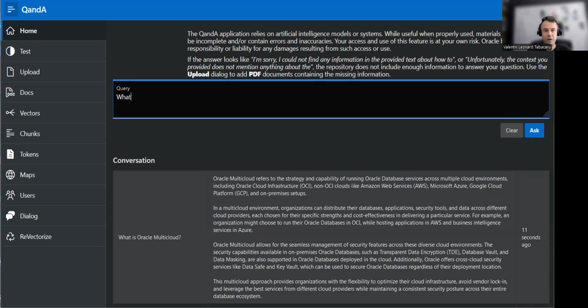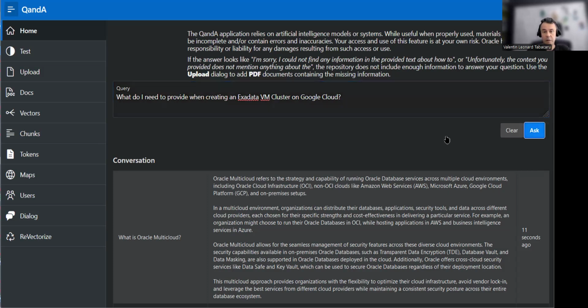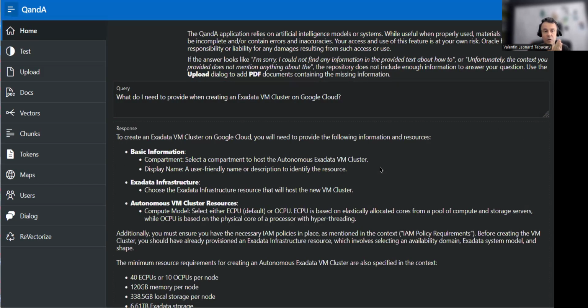So I'm going to ask a question. What do I need to provide when creating an Exadata VM cluster on Google Cloud? This is a question about Oracle multi-cloud strategy, and I want to know what I need to provide when building or creating an Exadata VM cluster on,